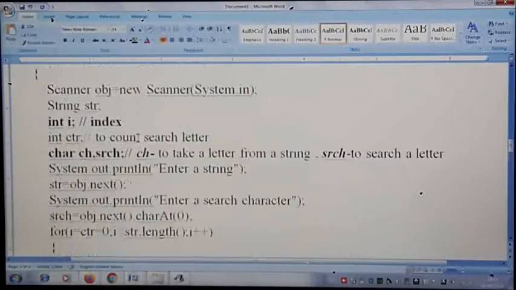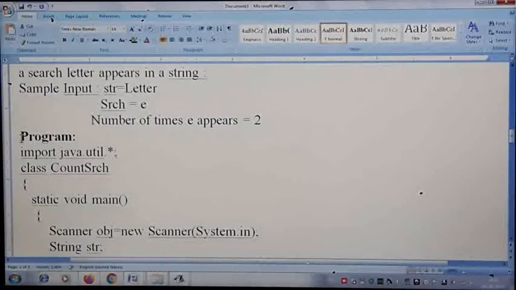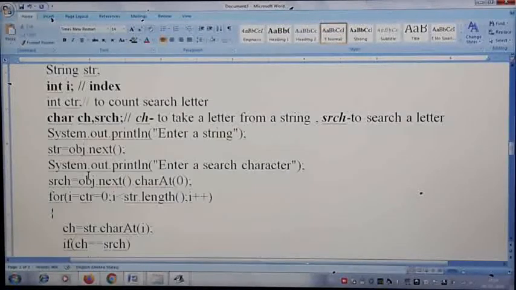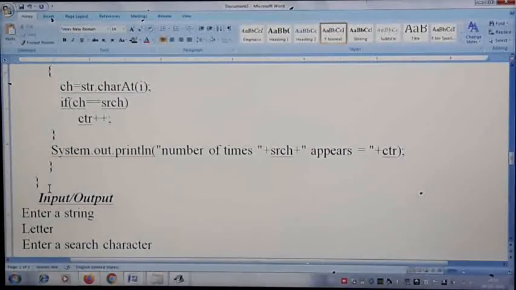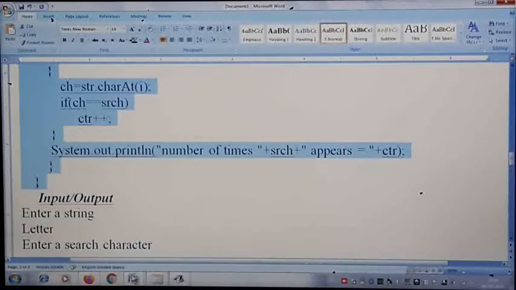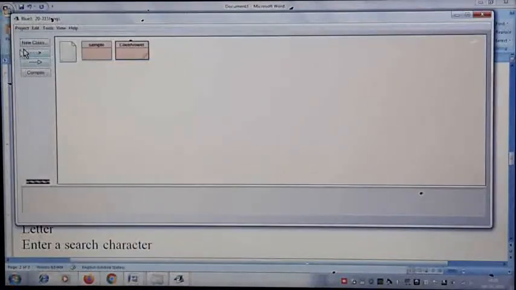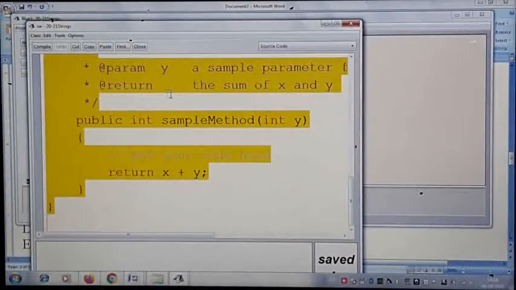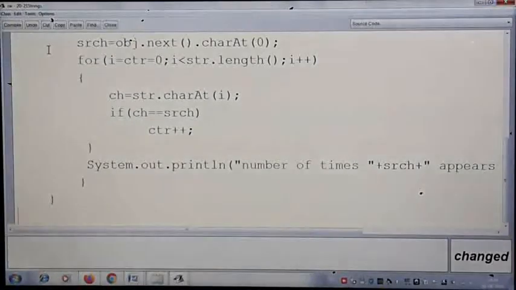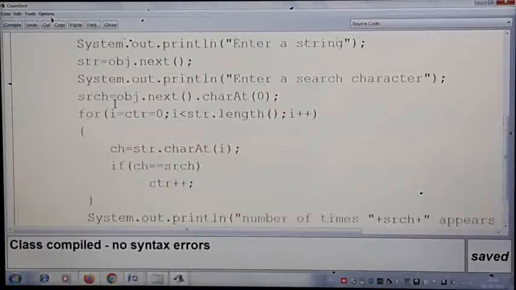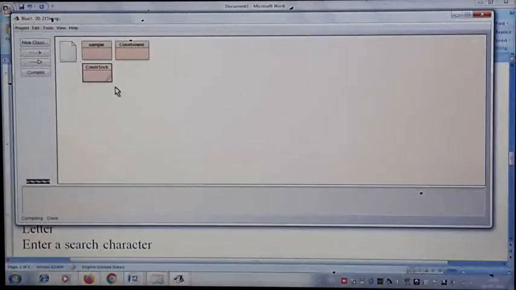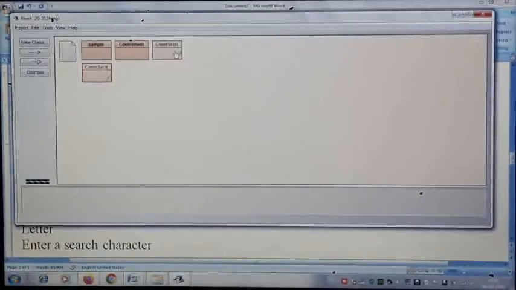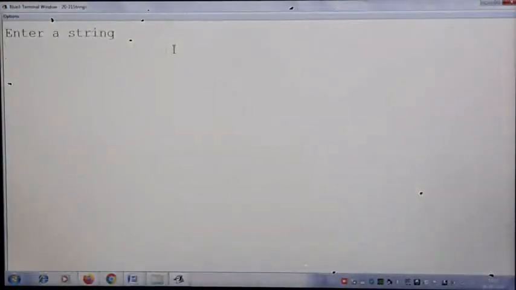So let us execute the same program here also. Now also the same, with a small change. Now what we are searching is a letter in a string. Let me execute this program and we will see how it is working now. Second example now. So I compile this second program and execute. It is asking for the main string.